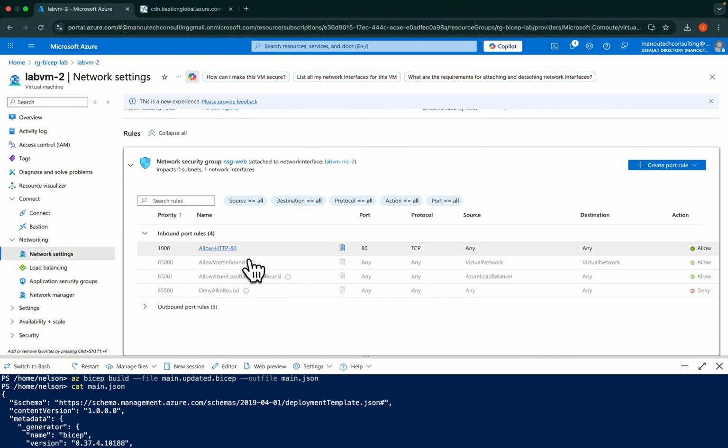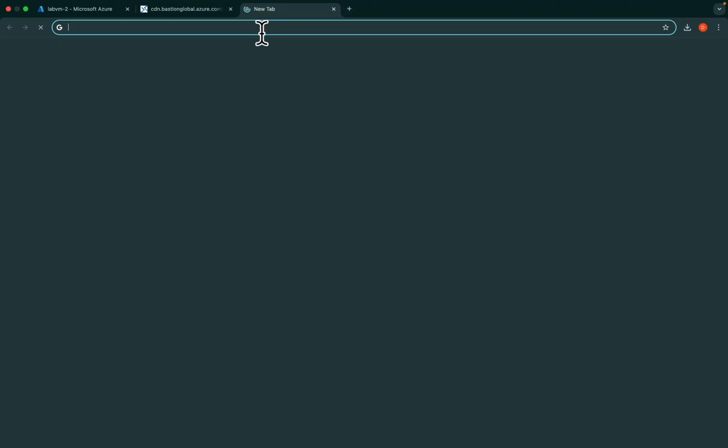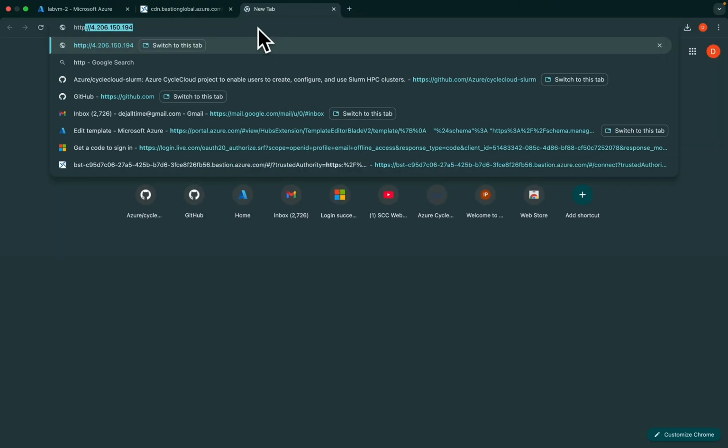So we're going to have access to call this over the internet through HTTP 80. So what we're going to do is that we can get the public IP address. We can copy the public IP address right here, and if we try to call it,